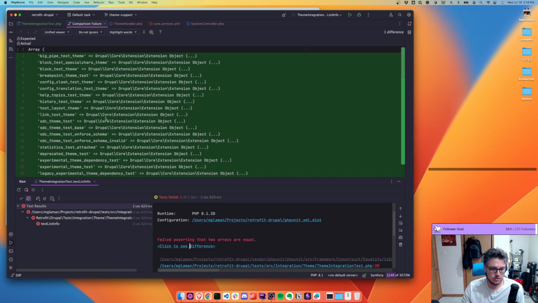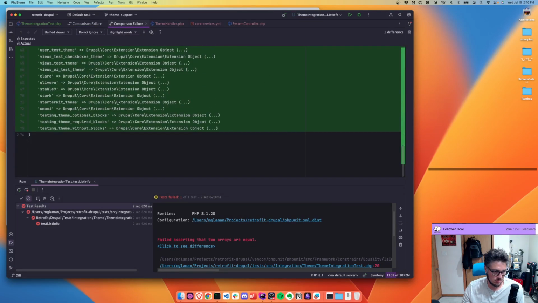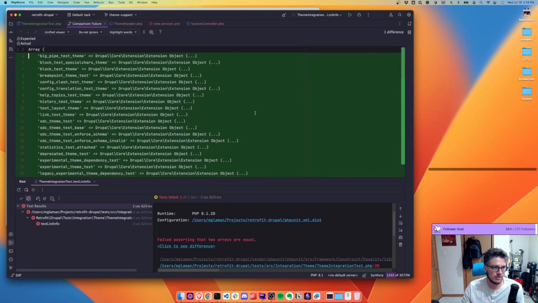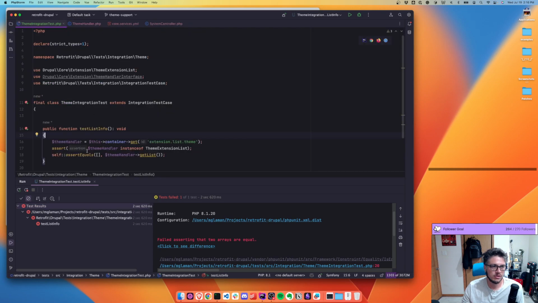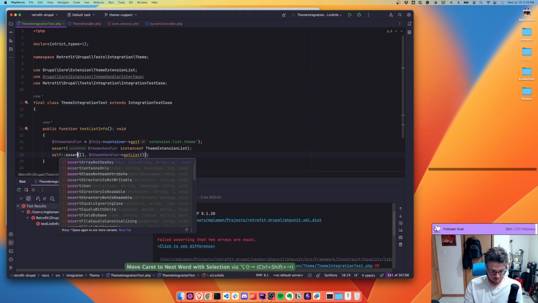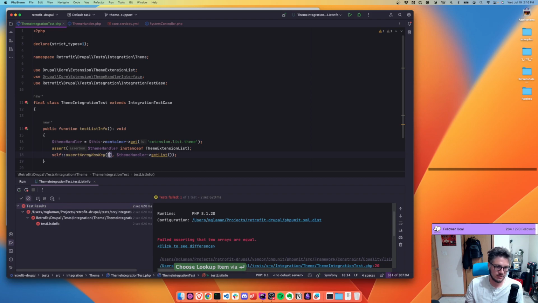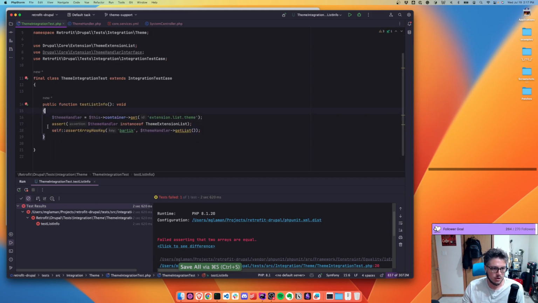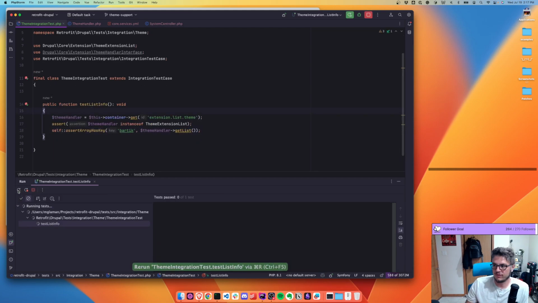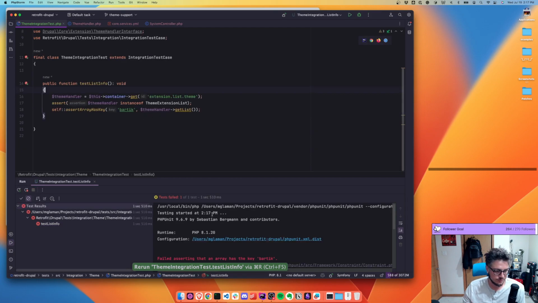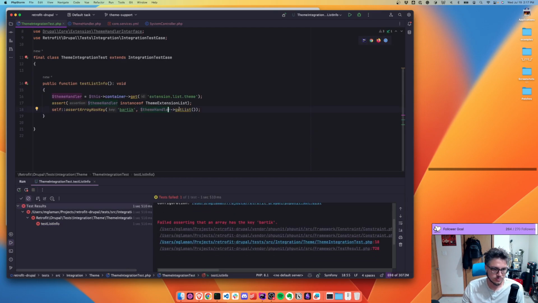Well, everything. These are all the test lists. So let's go ahead, and that's exactly what we want. Say assert array has key Bartik. This Bartik was removed with Drupal 10, and we're gonna add support for the Drupal 7 version of it. This test. All right, so if we look at git list,